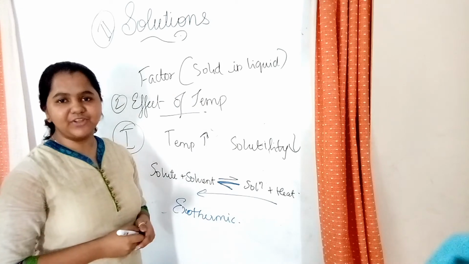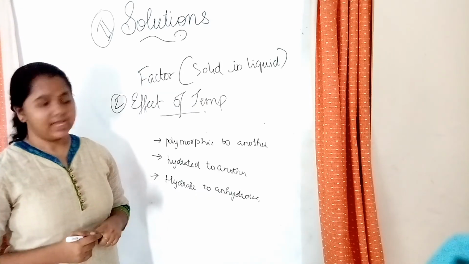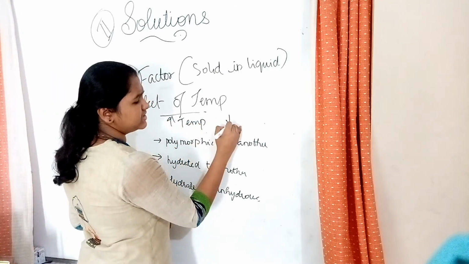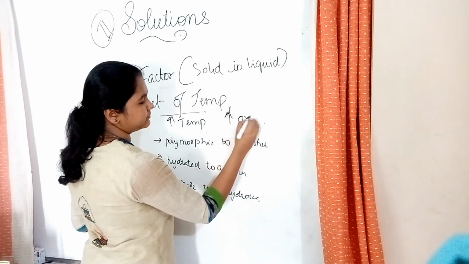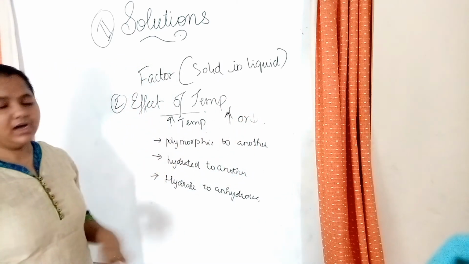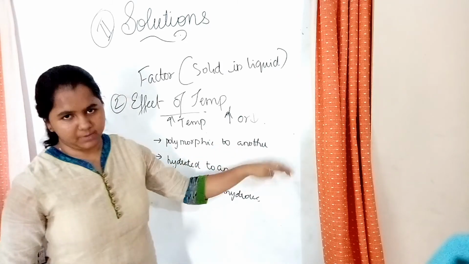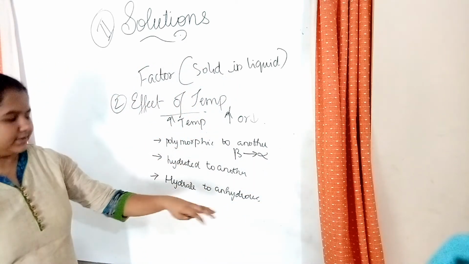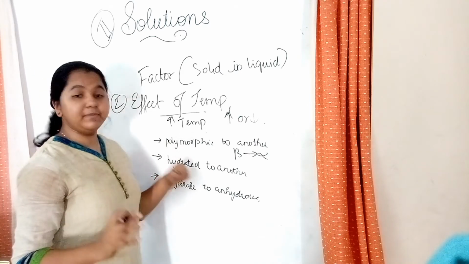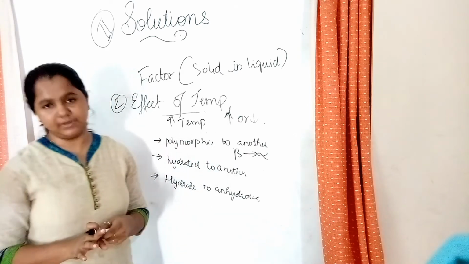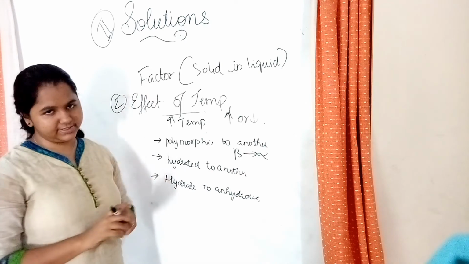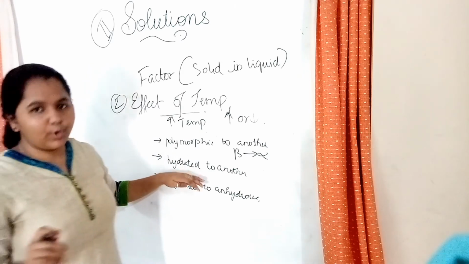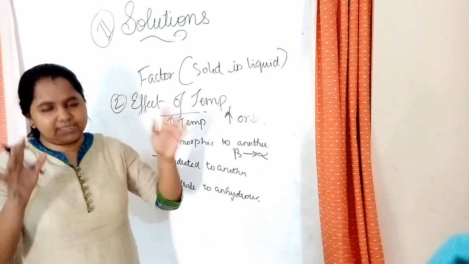Now we discuss the third case. When temperature increases, there is no continuous increase or decrease. The examples are compounds converting from one polymorphic form to another, from beta to alpha or alpha to beta, and from one hydrated form to another, for example 10 H2O converting to 6 H2O. There also, there is no continuous increase or decrease.